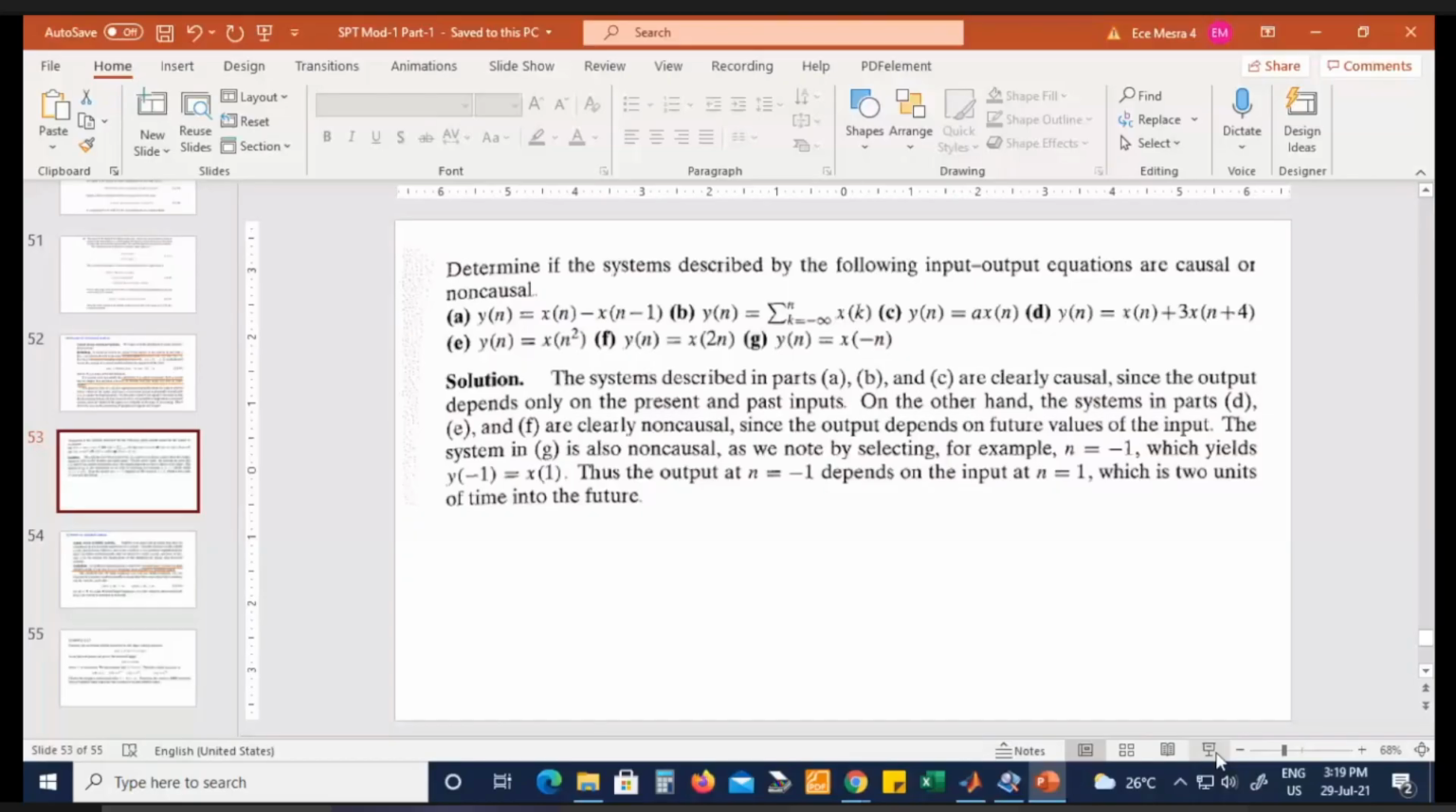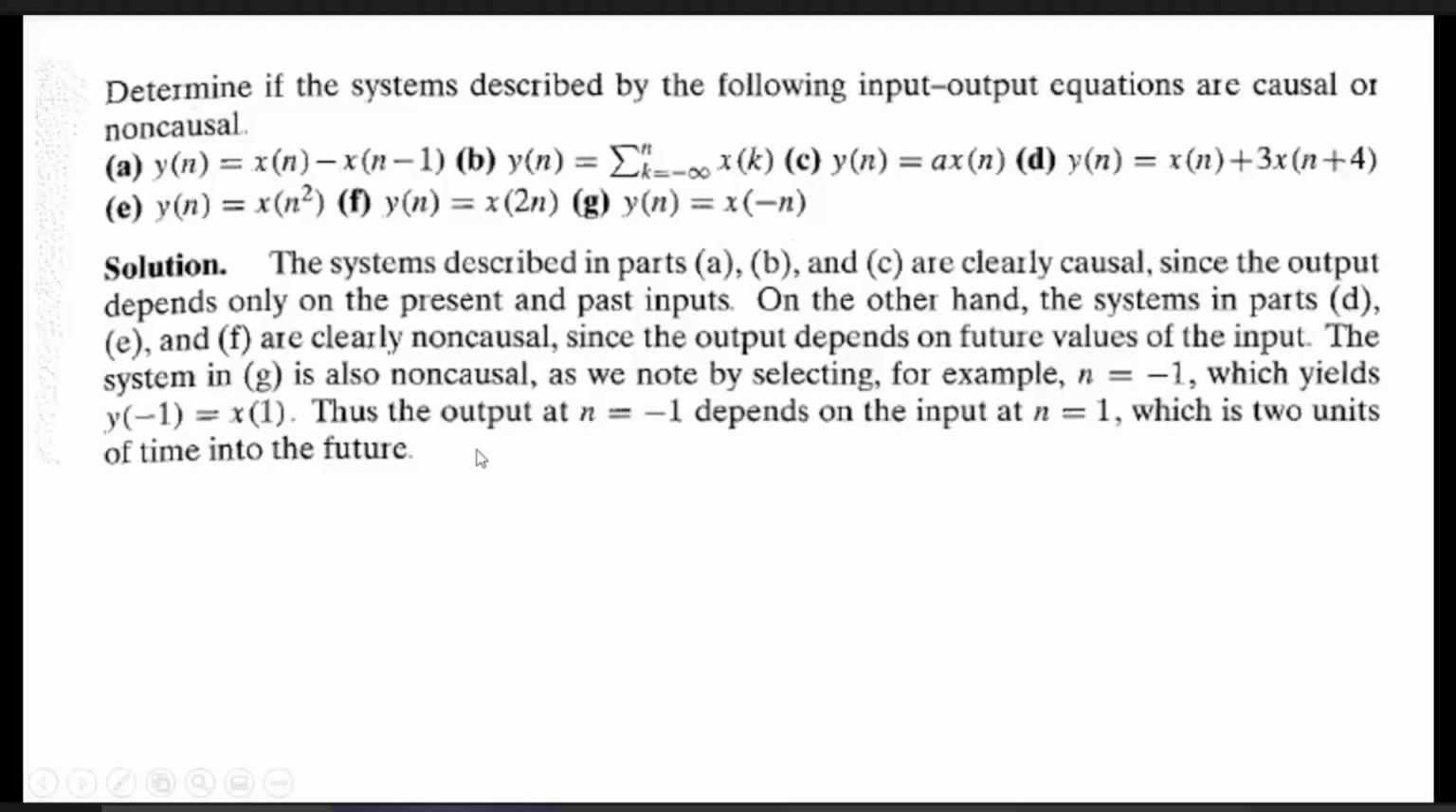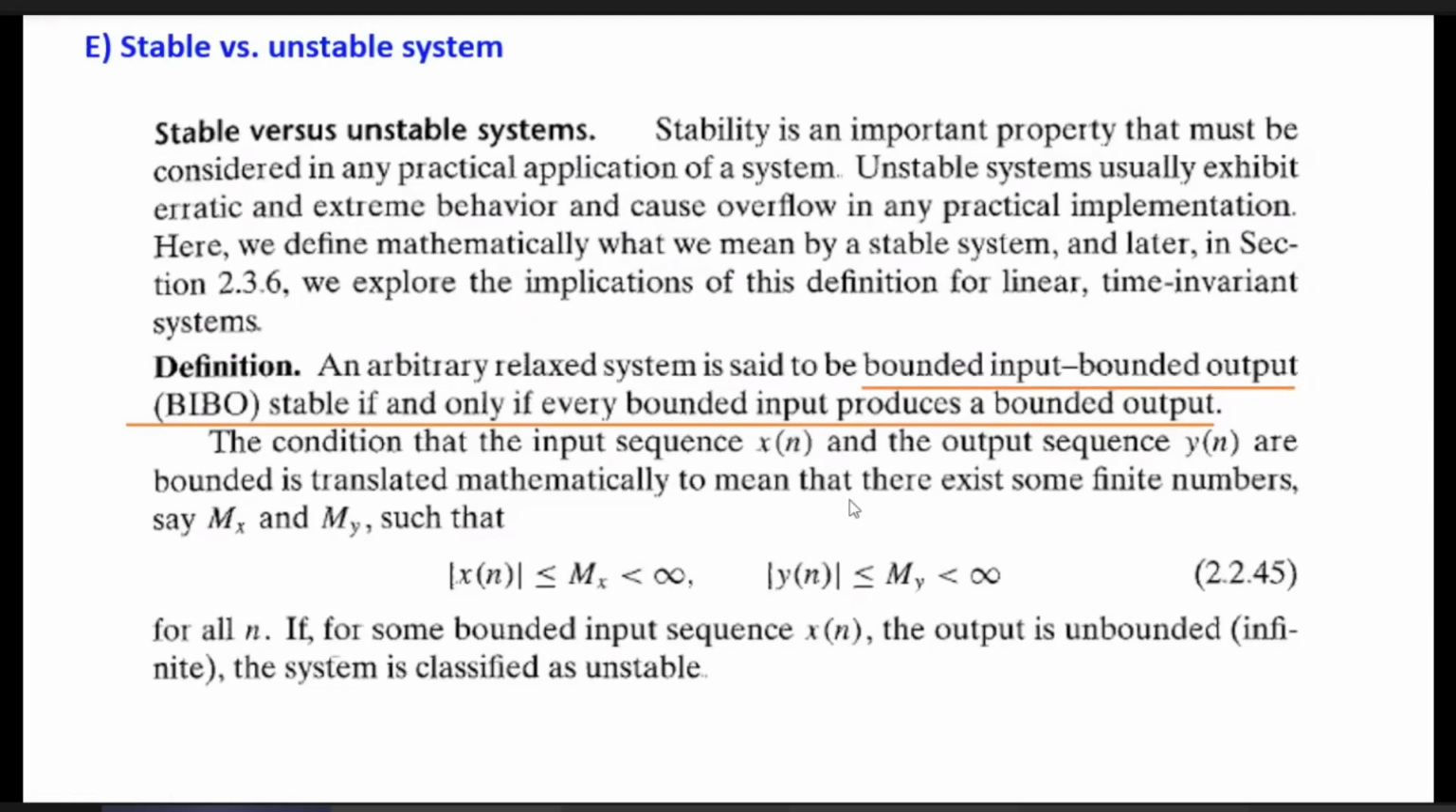क्योंकि प्रेजेंट और पास्ट इनपुट। x of n plus 3, x of n plus 4, ये कौन सा है? Non-causal. तो ये सब एग्जाम्पल्स ठीक से देख लेना, आइडिया क्लियर हो जाएगा। अब और एक कैटेगरी है, टोटल 5 कैटेगरी हैं,